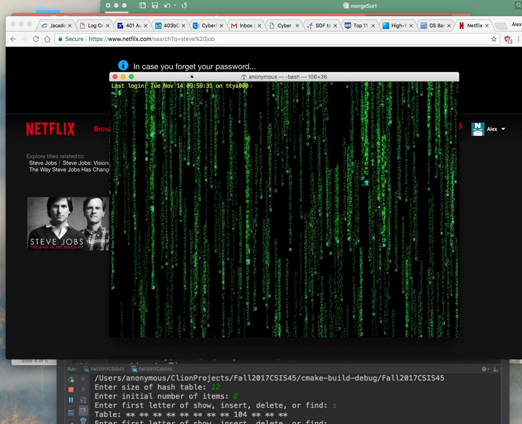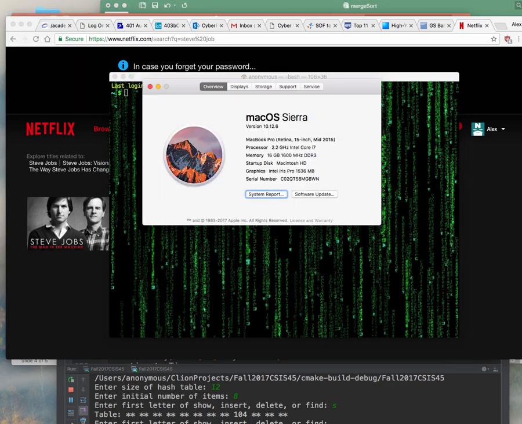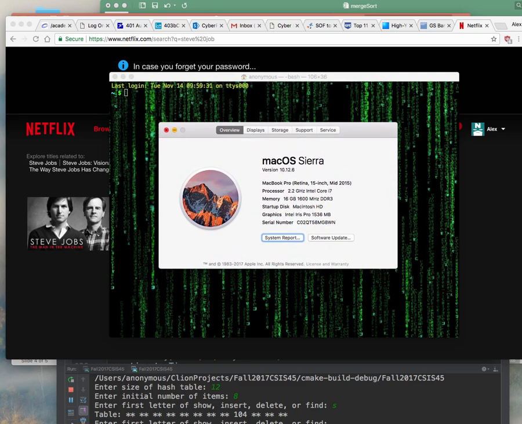So the Apple operating system was such a terrible mess up until the OS X version came up, right? The modern version of Apple, which is what I'm using right now, is Mac OS X, version 10 point something, right? Up until OS X came around, Apple's operating system was a mess.